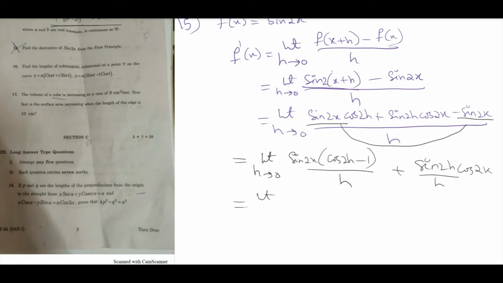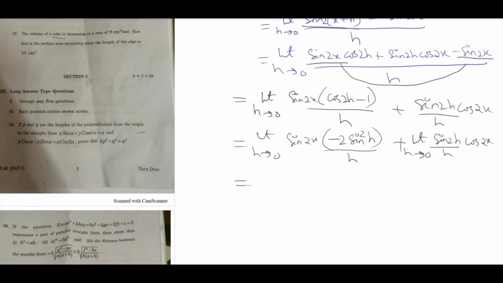That equals limit h tends to 0, sine 2x into cos 2h minus 1, which can be written as minus 2 sine square h by h, plus limit h tends to 0 sine 2h by h into cos 2x. So here one sine h by h becomes 1, and I'll get limit h tends to 0 sine 2x into minus 2 into sine h into sine h by h